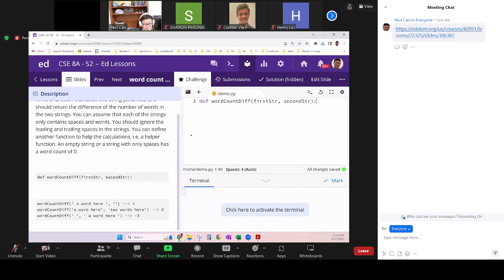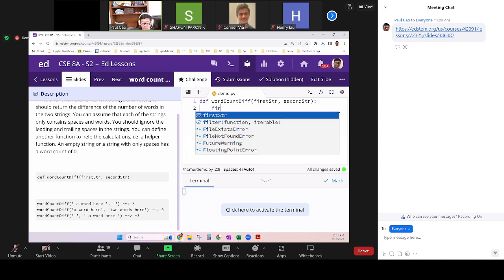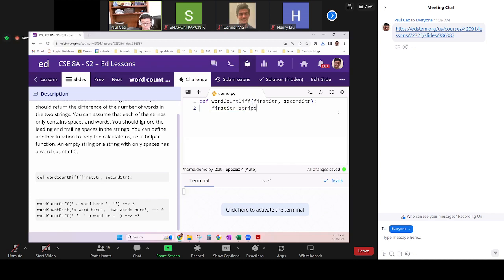So we are given 2 strings, right? The first thing is you want to ignore the leading and trailing spaces in the strings. So we can use the strip function, right? So we say first string equals first string dot strip, and then second string dot strip. So this would remove the leading and trailing spaces. Now you need to figure out how many words there are. We are assuming each one of them only contains